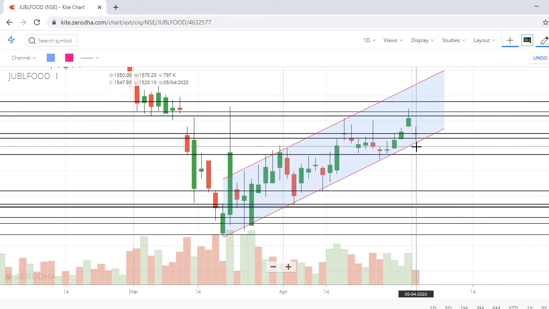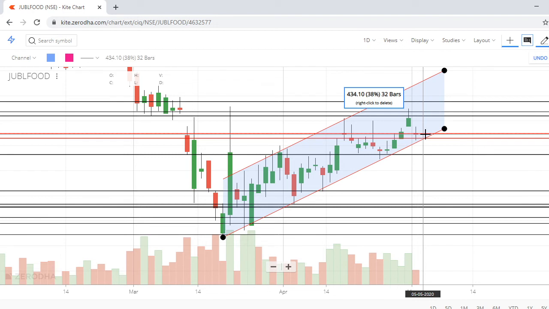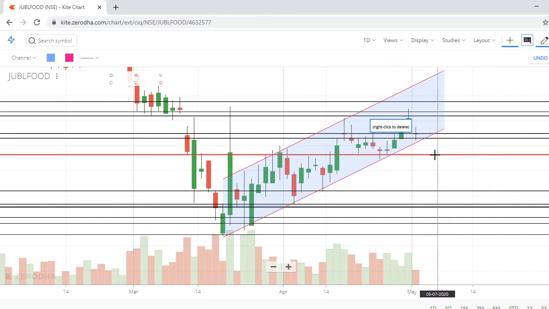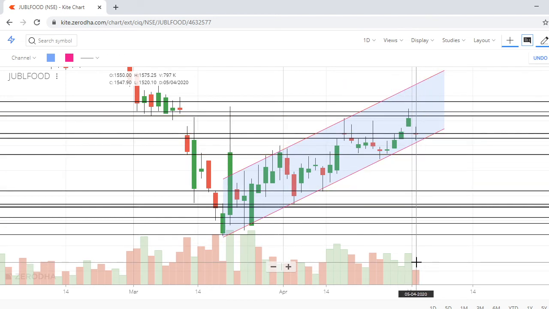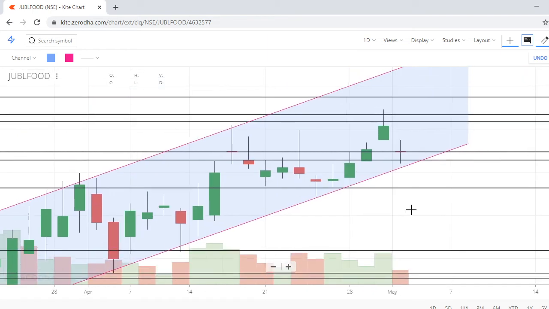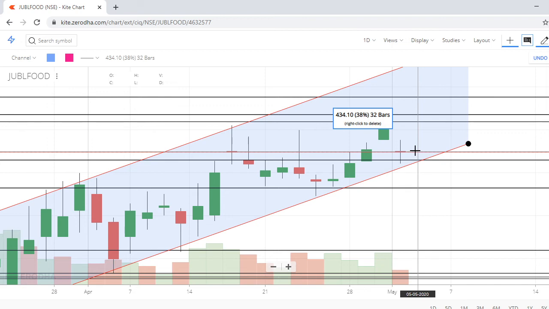So Jubilant Food, for study purpose, you can take a buy with an entry of 1546 with an SL of 20 points. Okay, it may go up to this level or it may break and come to 1462. That will be decided by the volume. At present there is low volume, but there is a doji formation, so the downside is not clear. You can take some risk, or else, if tomorrow the stock opens below this level and starts going up above 1550, you can take an entry and observe.